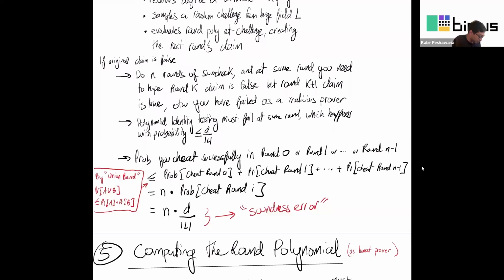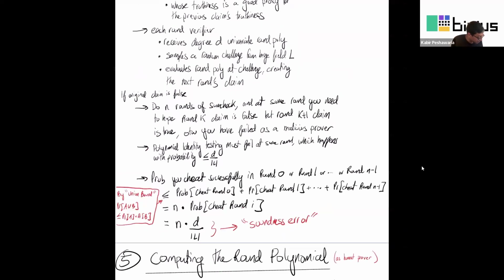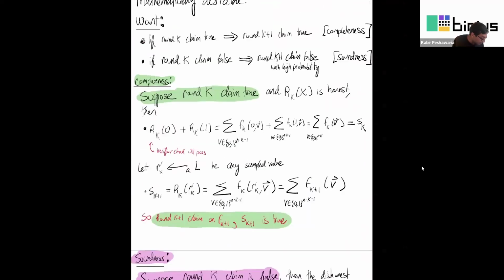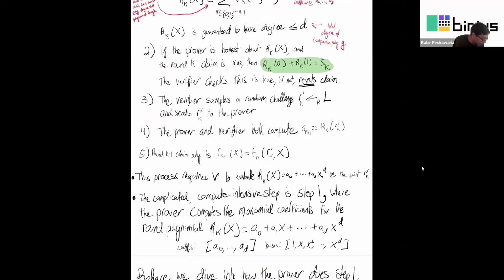Now, looking at this soundness error, you can see why we want L to be a large field. We want this denominator to be super large to keep the soundness error really small. And typically we have a target for how small we want the soundness error. We say 100 bits of security means that we want this value to be 1 over 2 to the 100. Cool. So that's the math behind Sumcheck protocol, a round of Sumcheck,